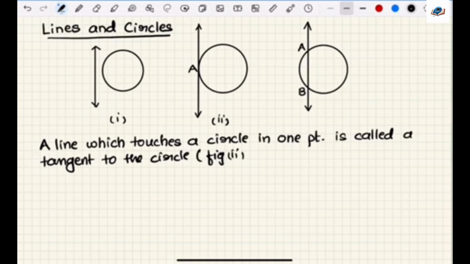Here figure 2, A point is the point where the tangent is meeting the circle. So A point is called point of contact,